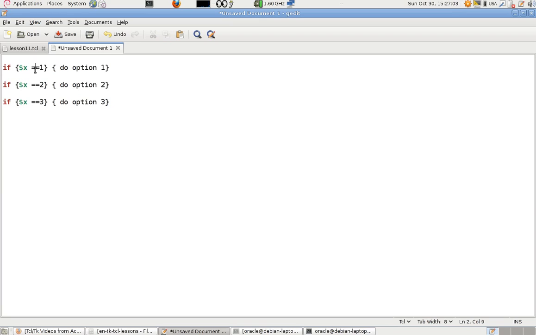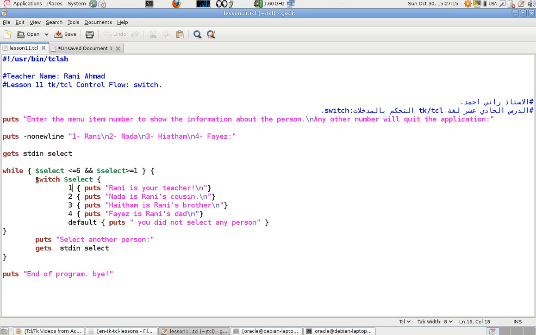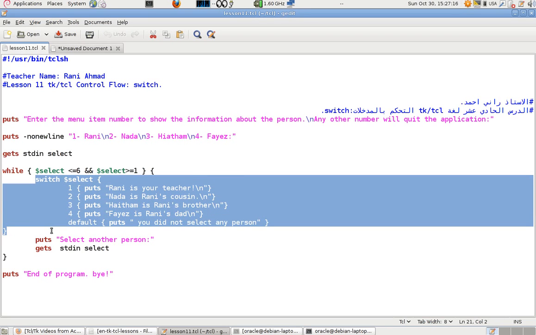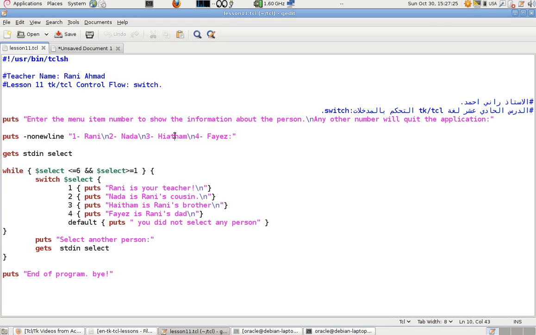Every time if blah, and too many parentheses and things like this, that's too ugly to read. So that's why we have the command named switch. And here, this piece of code, the highlighted one, is switch. Now our program in this example